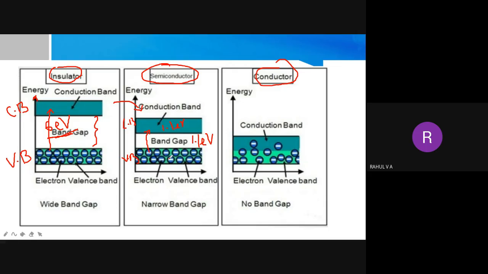And what is the difference between conductor and these two, semiconductor and insulator? In the case of conductor, this conduction band and valence band is overlapped. That means there is no gap between conduction band and valence band. Okay, there is no gap between conduction band and valence band. It is overlapped. Okay, if you see this diagram,